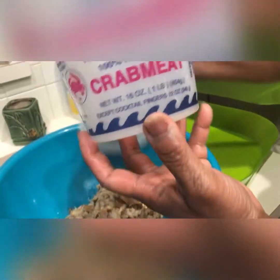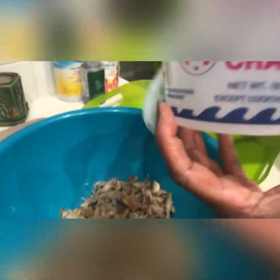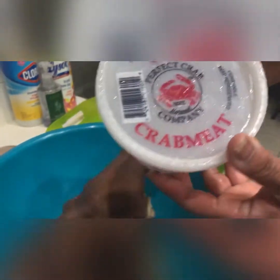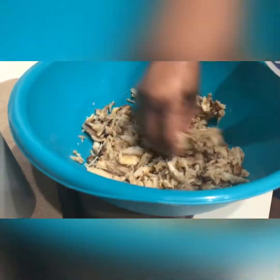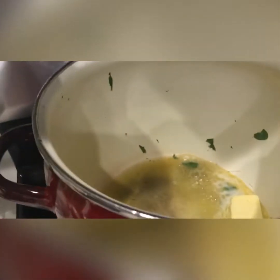Oh, we can't forget the crab meat. I'm sorry, y'all. Here's the crab meat. Yes, a whole container of crab meat, nice and meaty. So as you doing all of the cheeses, you wanna make sure you have some cream and